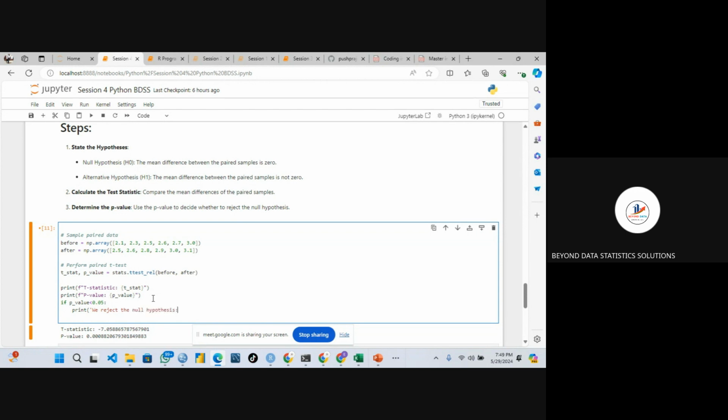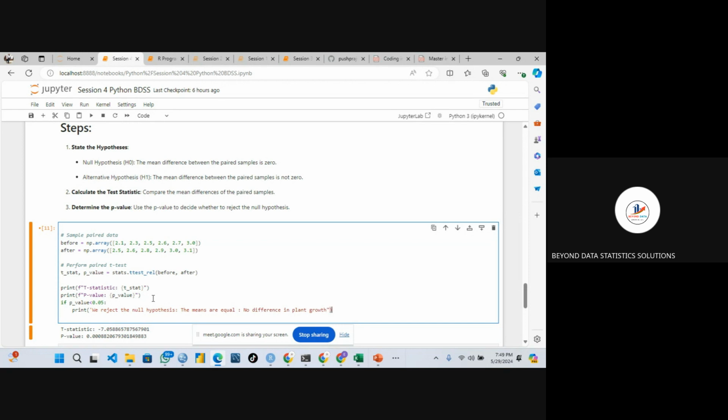And what was the null hypothesis? The null hypothesis was the means are equal. So if it is something like plants, we say there's no difference in plant growth,